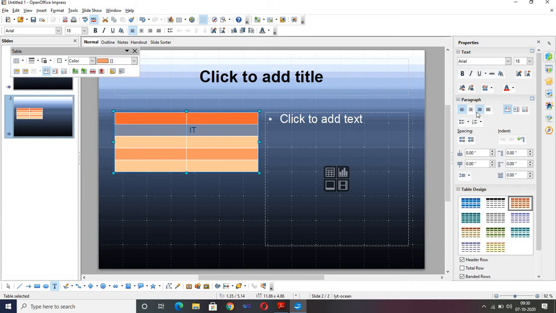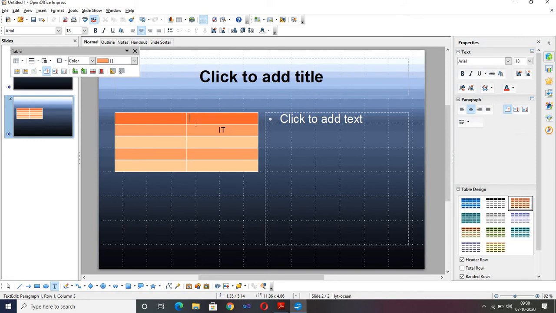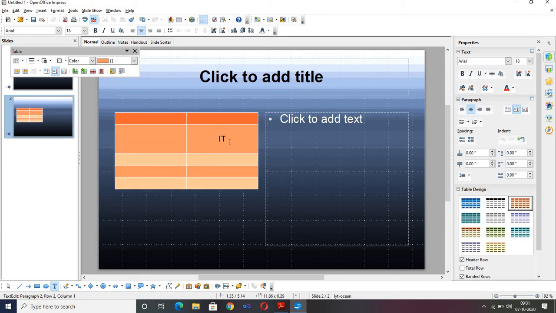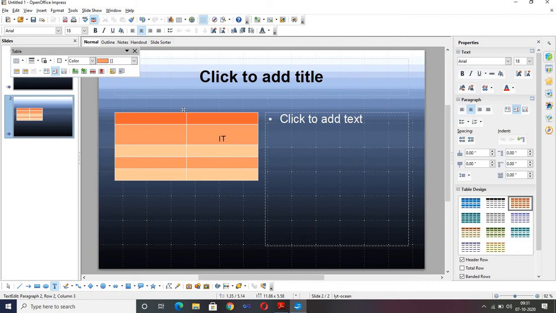Okay, select, and if you want you can choose like this, and these are for left and right alignment, these are for top and bottom alignment. Suppose if the size of this is increased, and if I want to arrange my text, okay, so I can do like this also. Okay, the size of the row should be increased before. Okay, and then I have written the text here on top, and now I have shifted it over here like this. You can change the